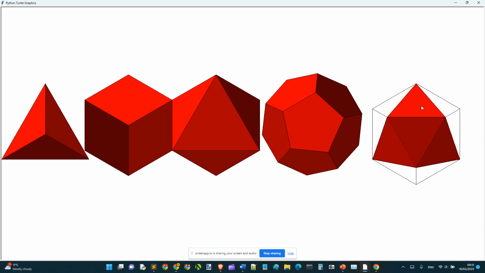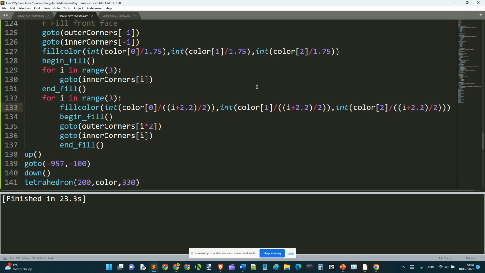So there we go. We have completed filling in everything. What we just did was to fill the faces, the triangular faces that share a common edge with the front triangle. So that's what we have just done. Now we are going to fill in the other faces, which is